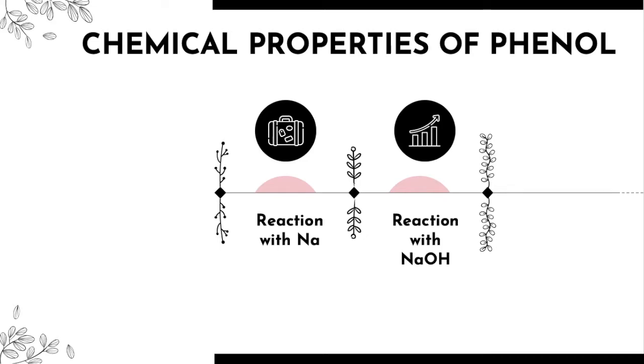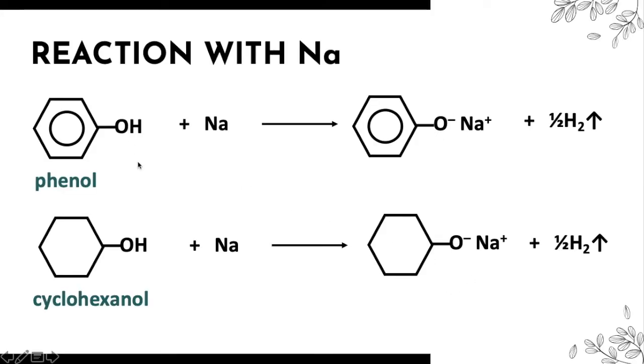Chemical properties of phenol. So phenol can react with sodium metal. It can also react with sodium hydroxide. Note that aliphatic alcohol, the straight carbon chain alcohol, cannot react with sodium hydroxide. Only phenol can react with sodium hydroxide. So this is a reaction with sodium metal. Phenol reacts with sodium metal. The Na replaces H atom and it becomes O minus and Na plus, plus half hydrogen gas